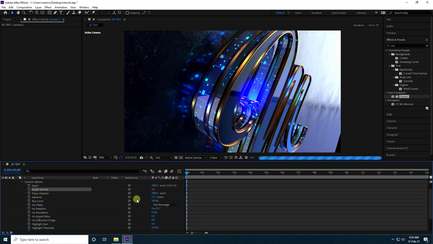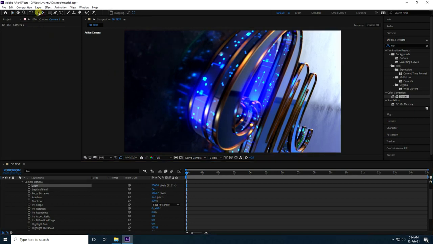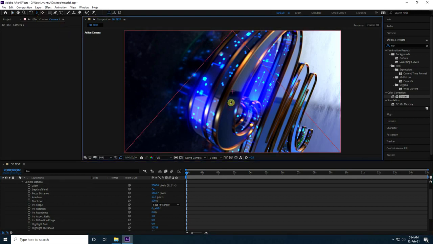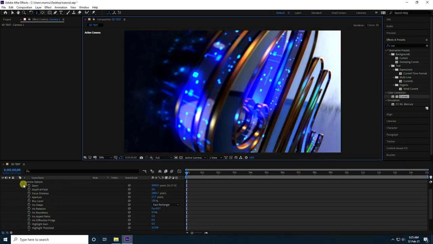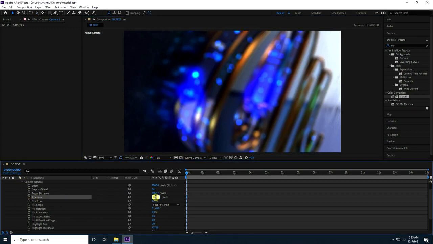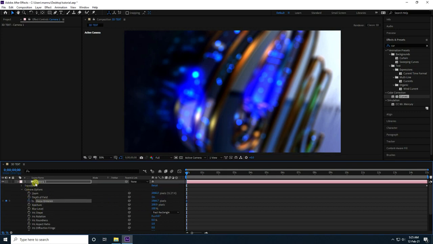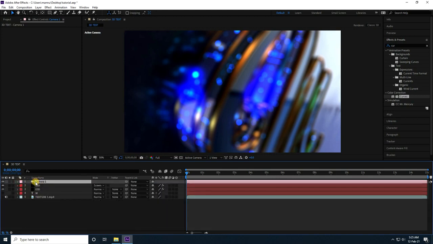See, okay, so now I select this camera and guys go to here, camera option, and depth of field, check on depth of field, and guys zoom like 2000 more and a little bit closer on 0 frame. Yes, yeah, okay, so now guys aperture, this one 150 and 200 is good. Yeah, and guys go to focus distance, check. So unfold all, and guys select this camera and press U.